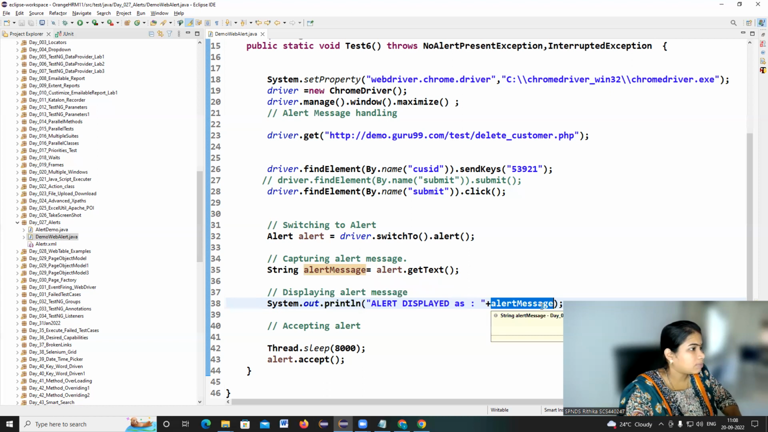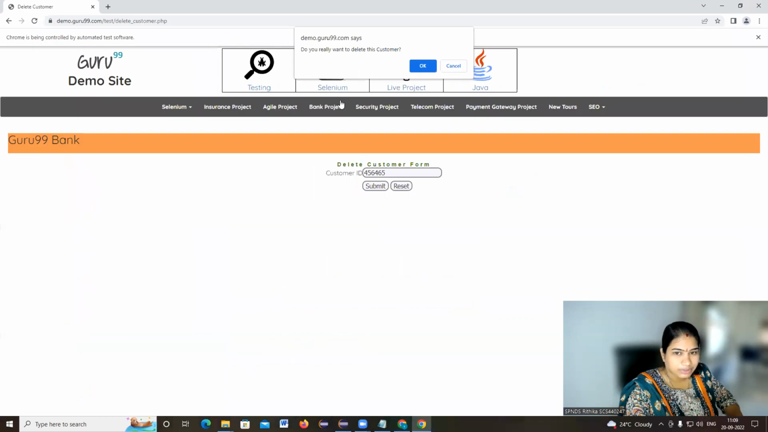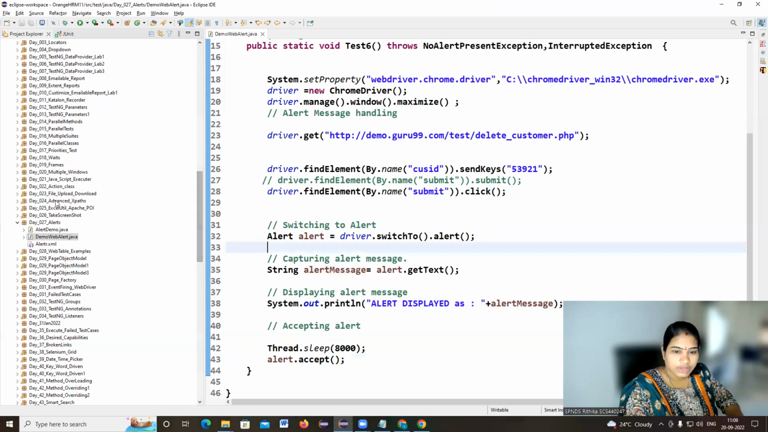So here what we get is: "alert displayed as, do you really want to delete this customer" is displayed in the console. And then I'm saying accept. I'm clicking OK. Clear? So if I go ahead and execute this particular program,